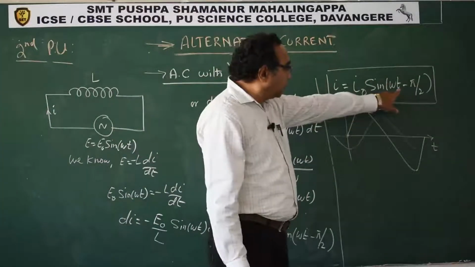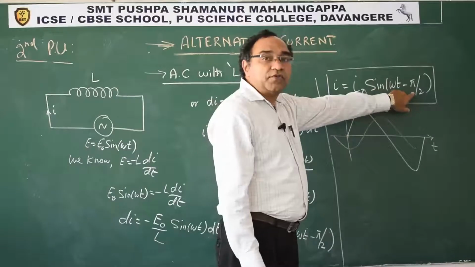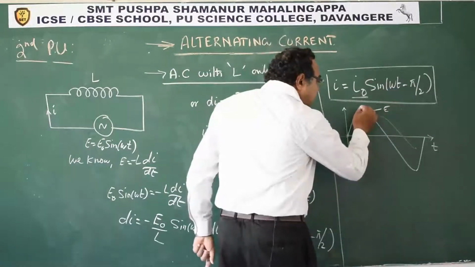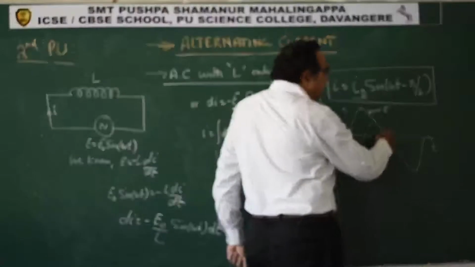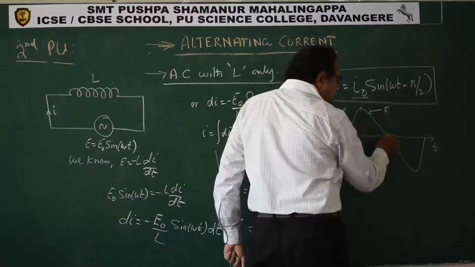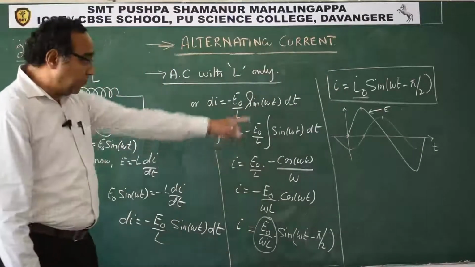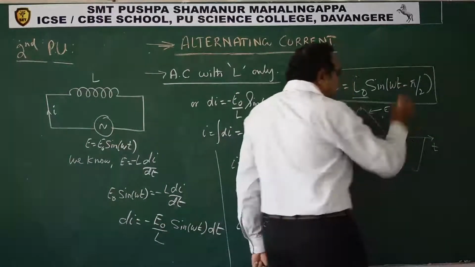Now as you put this as pi by 2, pi by 2 minus pi by 2 is how much? 0. Sine 0 is how much? 0. This means when E achieves maximum, this is 180, no? Pi. Pi minus pi by 2 is pi by 2. See, plus. This is how you can cross check whether what you have plotted is correct or not. This is for I. That is how we can plot.